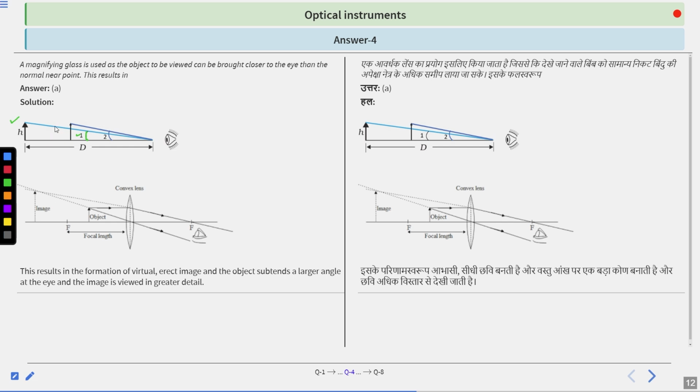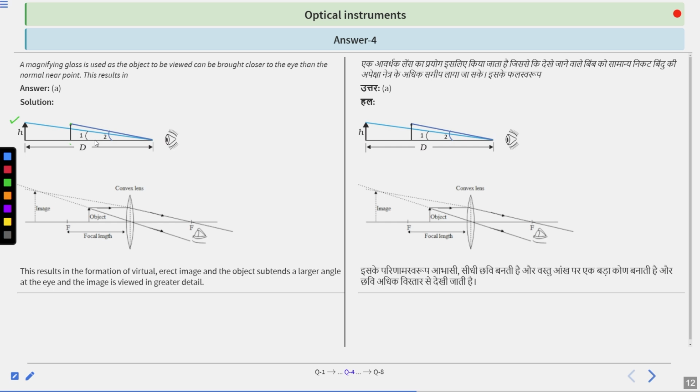When the distance is again this distance, clear, this distance. So now the object is here. So at that time the angle subtended is 2. So this is clear in this diagram. The angle subtended by the object, and that is first, is less as compared to the second. It means when the object is closer to the eye, in that case the angle should be increased.